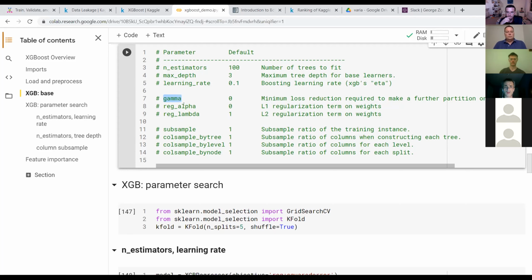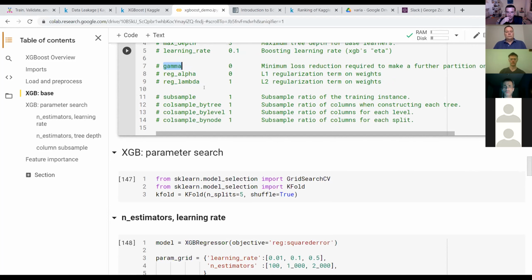So alpha and lambda are the L1 and L2 penalties. Another important family of parameters is how many of the features we take at each step. The column subsample parameter is basically regulating the capacity of the random forest.